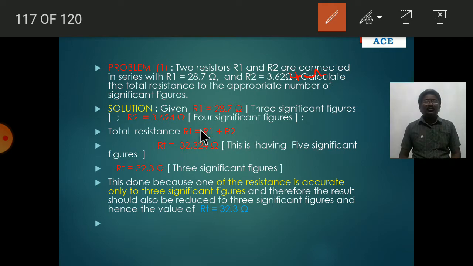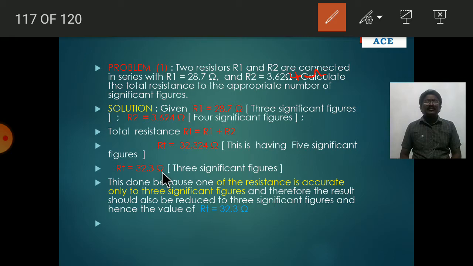So now find the total resistance. That means now you have to add the values of R1 and R2. So the total resistance RT equals R1 plus R2. Simplify them, then you will get 32.324. This has 5 significant figures. So you can write this value as 32.3. So that means